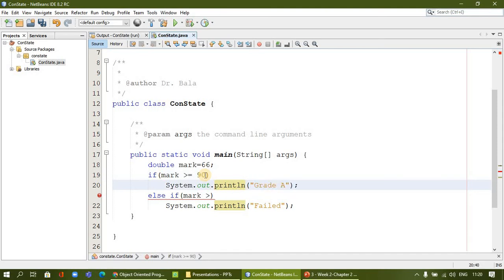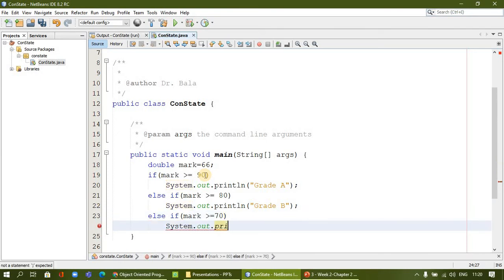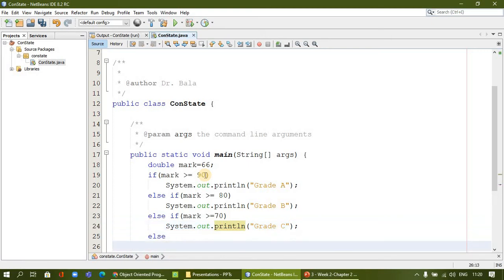You received a grade A. Then greater than or equal to 80, I will say, for example, grade B. I will introduce another else if mark is greater than equals 70, for example. I will copy paste this, print line, grade C.